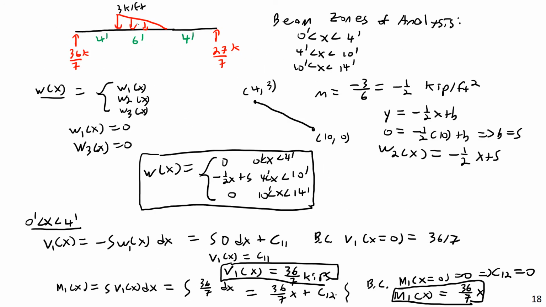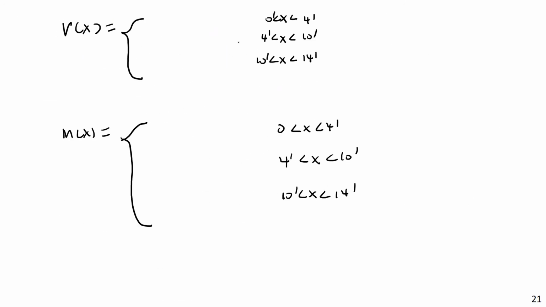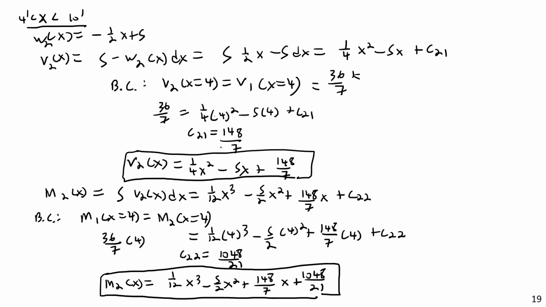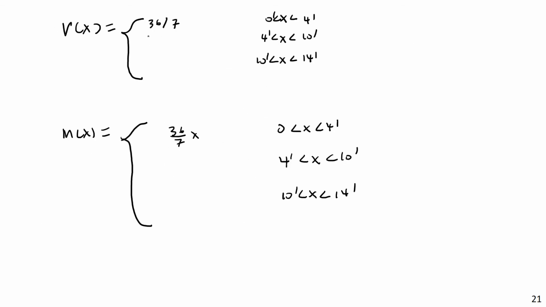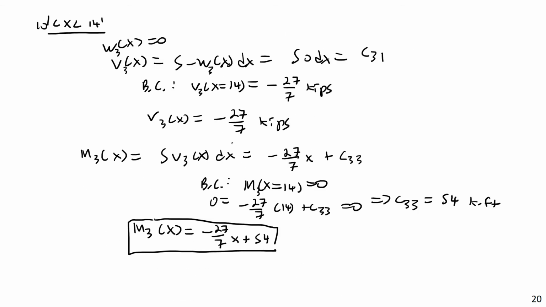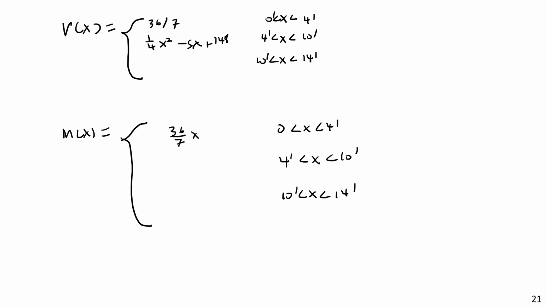And let's see. So this was 36 over 7x for the first zone. And then, just times x, 36 over 7 times x in that first zone of analysis. Then V2, I had 1/4 x squared minus 5x. So it gets complicated. 1/4 x squared minus 5x plus 148 over 7,